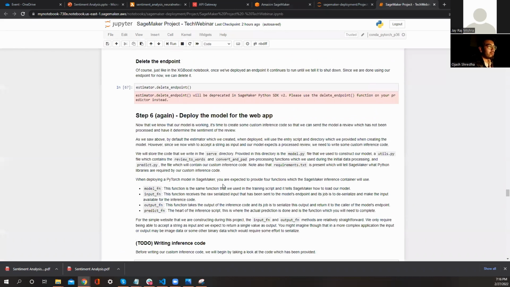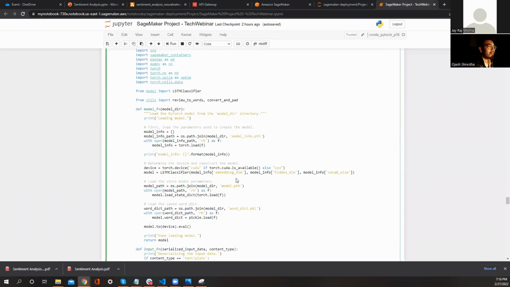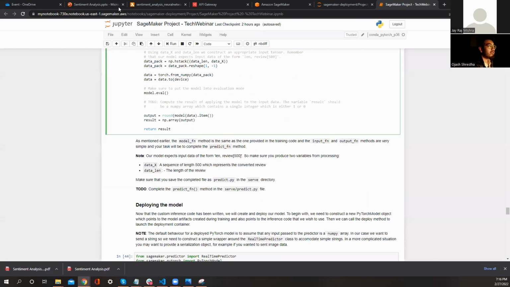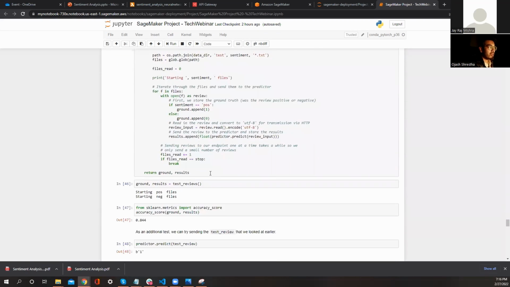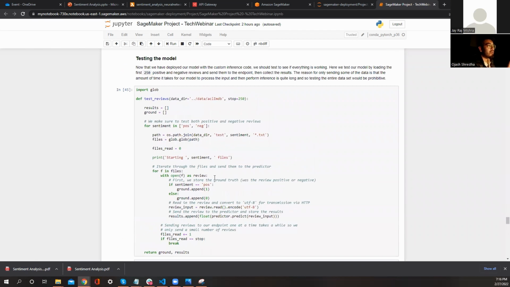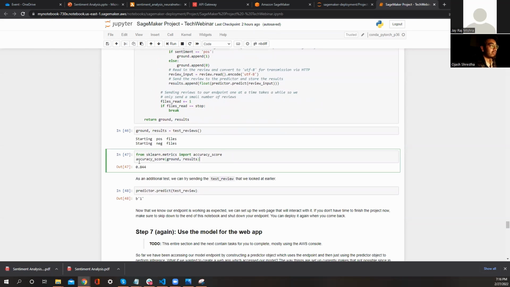So next, when we deploy this model, how do we deploy it basically? We use the predict.py file, and this file we use to deploy. What you see over here is we are sending all of these for testing. We have all these parts of testing our model itself, and we can find the accuracy by testing again, right? And how accurate our model is. You can see above, we tested the data that was just inside the training set, and we are now checking the data from the testing set. So we can see the accuracies are kind of similar, right?